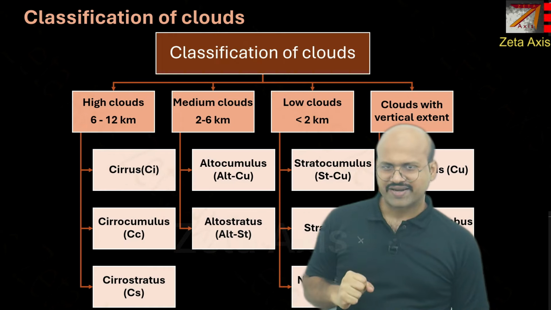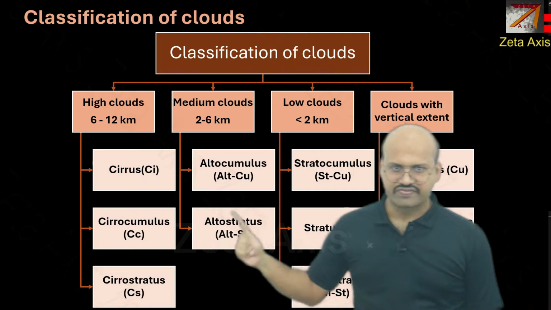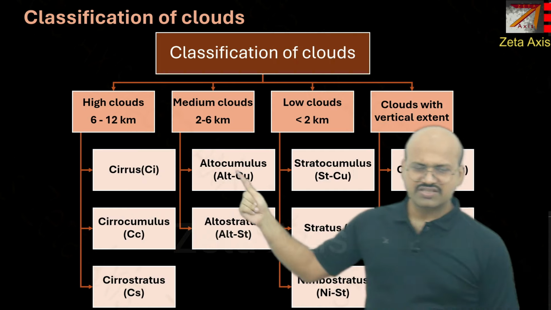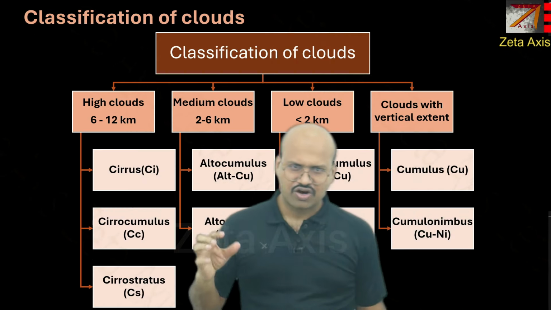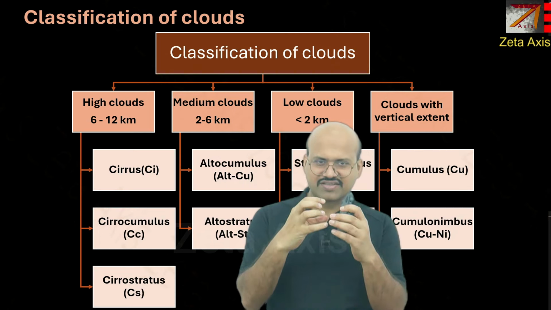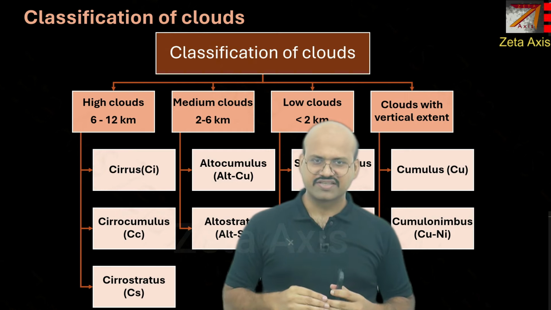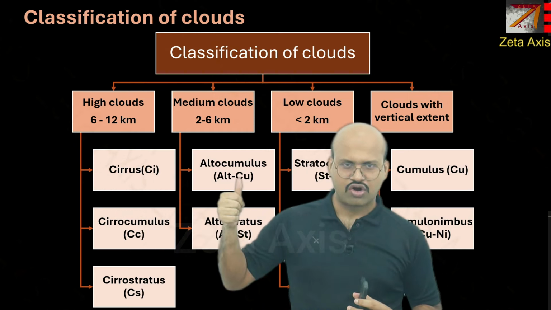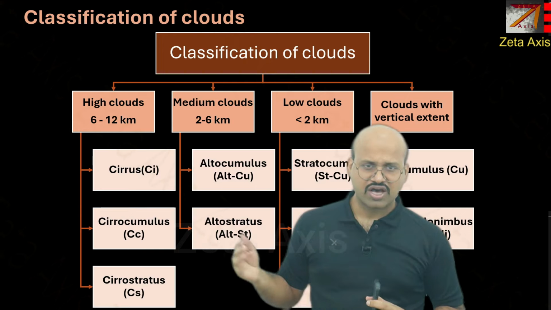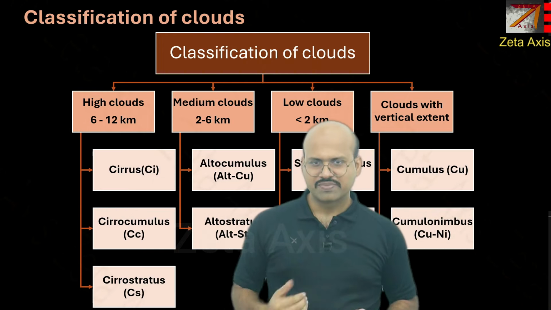Now, one common characteristic you will see is that there are cumulus and stratus clouds in all of them. Cumulus clouds are basically clouds which are like small lumps. They have this wave-like structure which indicates convection. Whenever there is convection in a region, generally a cumulus cloud will be formed. Stratus clouds are more uniformly distributed types of cloud, which we will see one by one when we go through